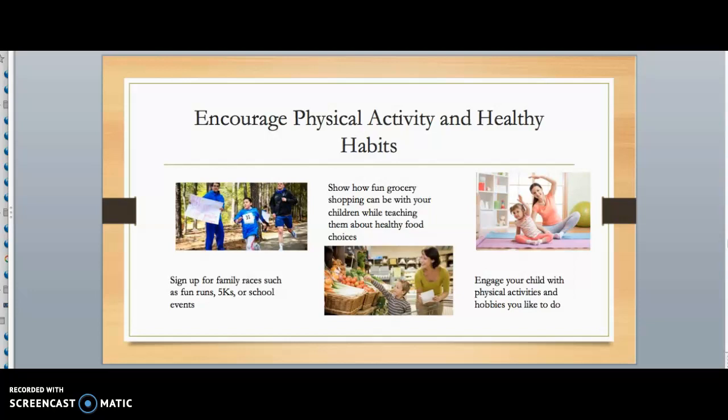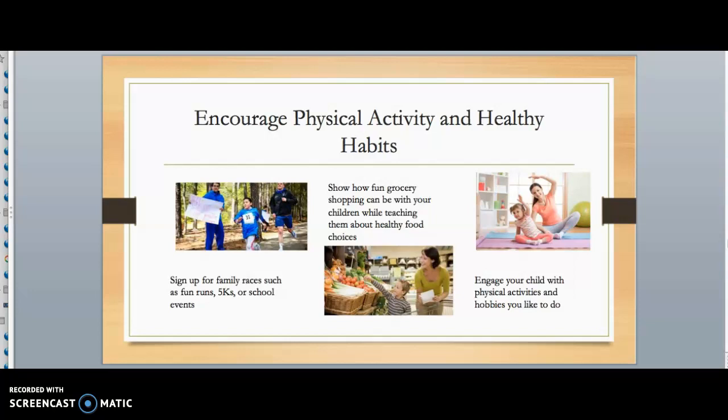So, some ideas here. To get more active and get your family involved, I think things like signing up for fun runs. They have a lot of these now, themed runs for a lot of different seasons, Christmas and different holidays, different 5Ks. There are so many. If you go to your local community calendar or local organization, there's probably a list of many events going on, or even school events. Sign up with your child for a school event. Make it a family affair.